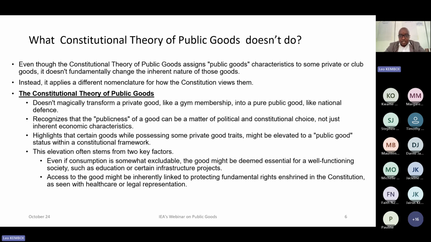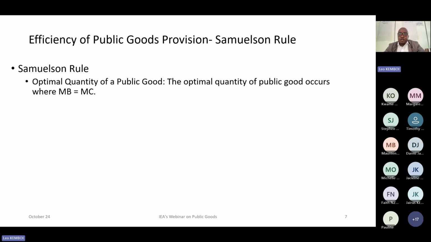So that is a distinction: it's just changing nomenclature. It's not changing the inherent economic characteristics. They also concede that these goods are just being elevated for the welfare of the society, because people collectively believe that the importance of the Constitution is to elevate societal welfare. And so, now, Samuelson